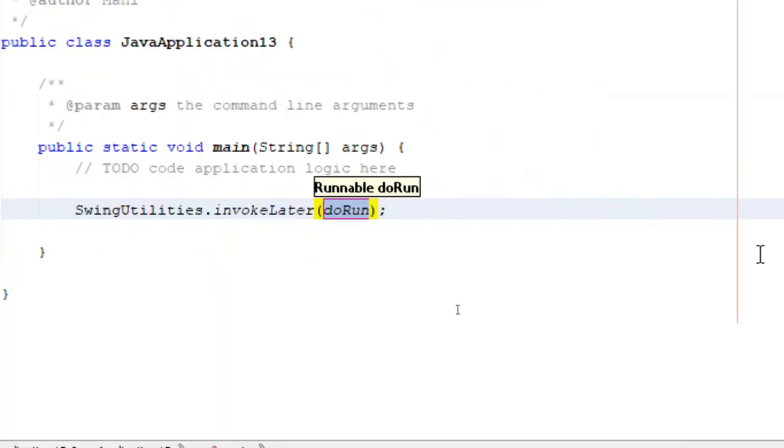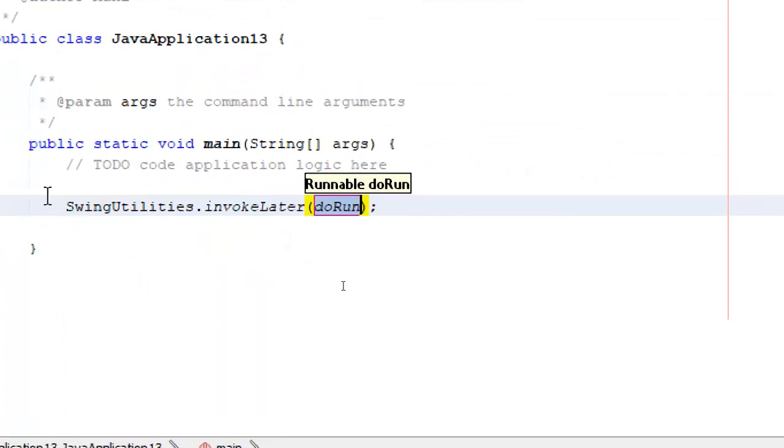So this is what I want. Now here I am supposed to give a thread. I've talked about a thread in my regular classes, so you know what a thread is. Now I'm going to create an anonymous class by just creating an instance of Runnable.